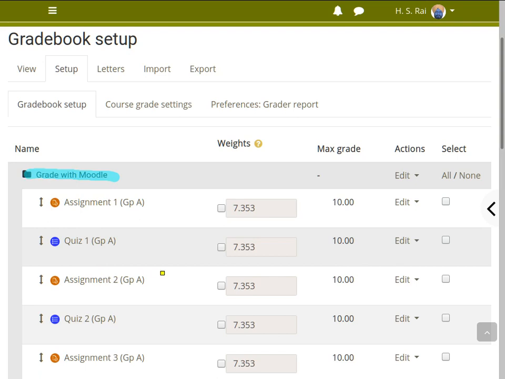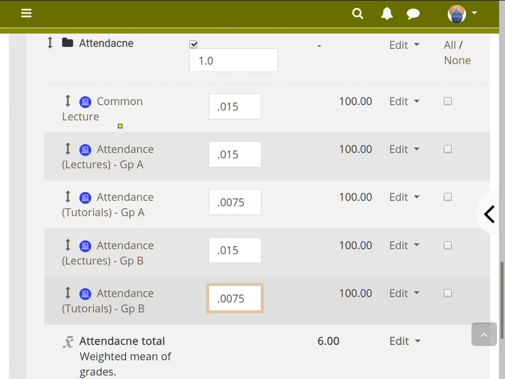And at the end of this you will find now a new category created, attendance, and then we assign all types of attendances: common lecture, attendance lecture for group A, attendance tutorial for group A, attendance lecture for B, and attendance tutorial for B. So these are all we put in category attendance, and we have given all these 100 maximum marks, and we know which is not the case.